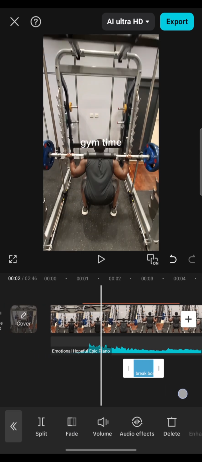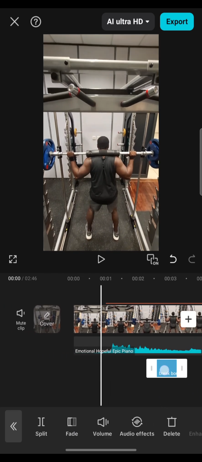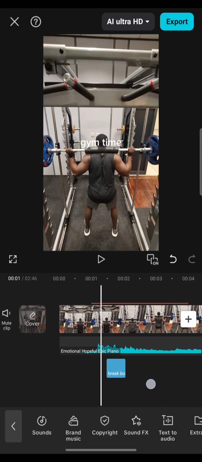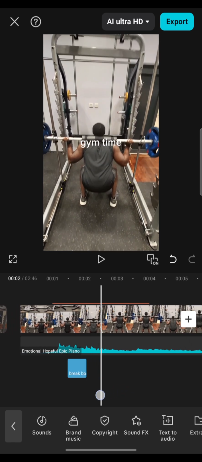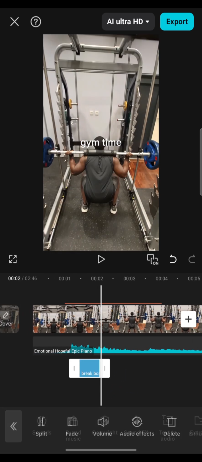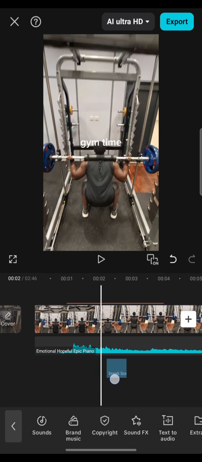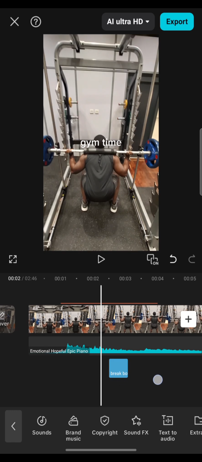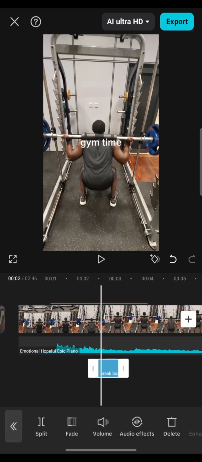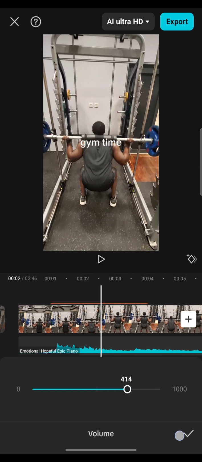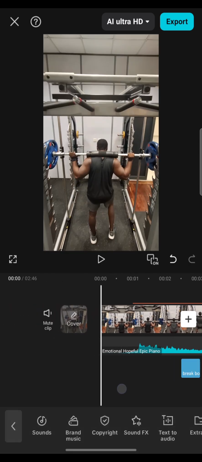I think I like this more, and I want to put this exactly where he gets down and tries to stand up. Yes, exactly at this point. So I select on it and move and increase the volume. So if we play,